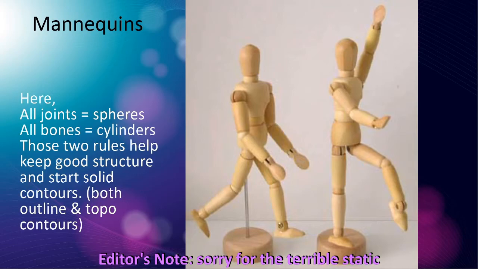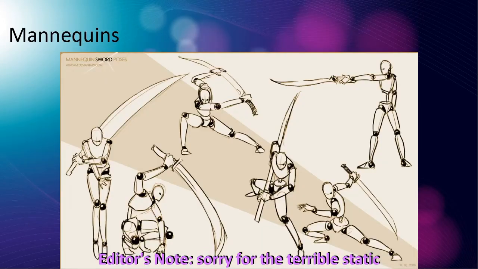And so building a character out of cylinders and spheres will help your characters have more depth and weight to them when you're drawing stuff. So using spheres and cylinders help you build good structure to have solid contours. This artist is drawing these different poses using a kind of mannequin style. They start with an action line you can't see, but they must have had one, right? And then they pose the shoulders and the hips, and then they started drawing these cylinders and ball joints for the limbs and joints and things.